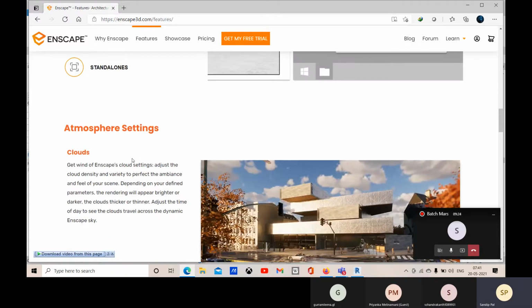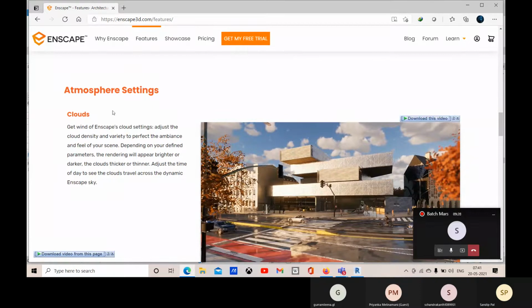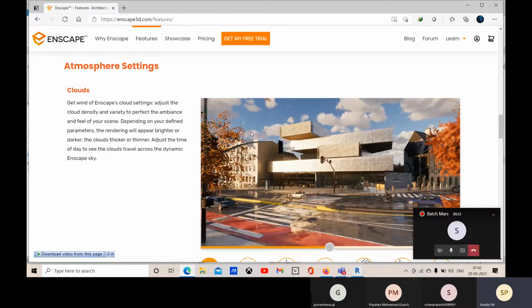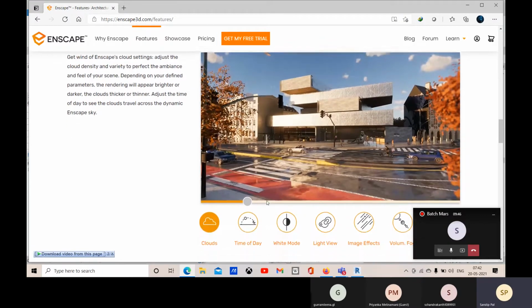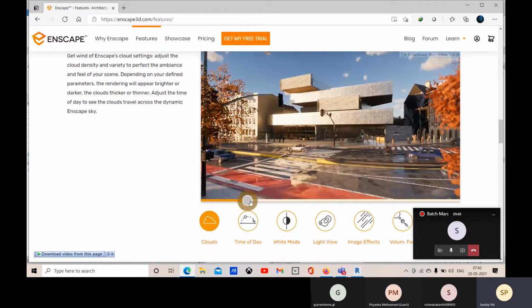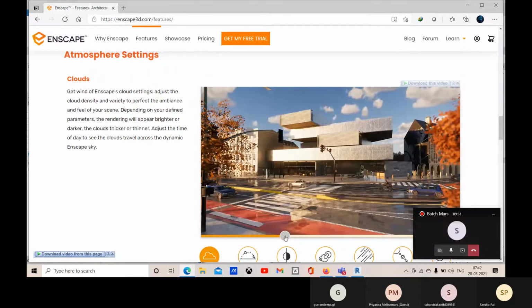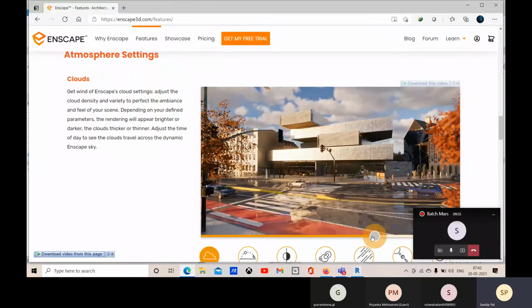Here you can apply some atmosphere effects like fog or clouds. You can apply the weather you like. So that is possible here. So here you can see this is the current, and as per this, some examples are given.